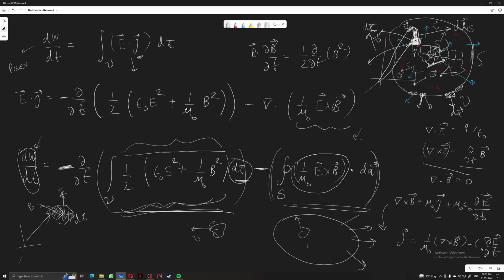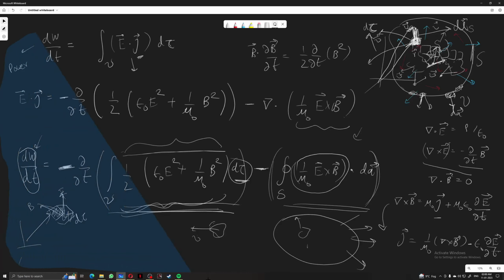The surface integral tells you how much energy is leaving through the surface, and this tells you how much energy of the electromagnetic fields is decreased with time, and that must correspond to the energy gained by this particle. Maybe it's in the form of mechanical energy, maybe potential or kinetic or whatever. So let me write down this result once again,